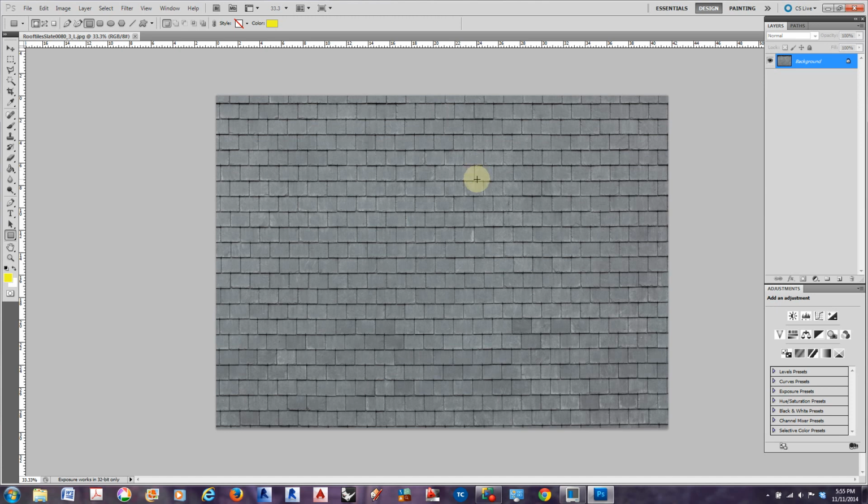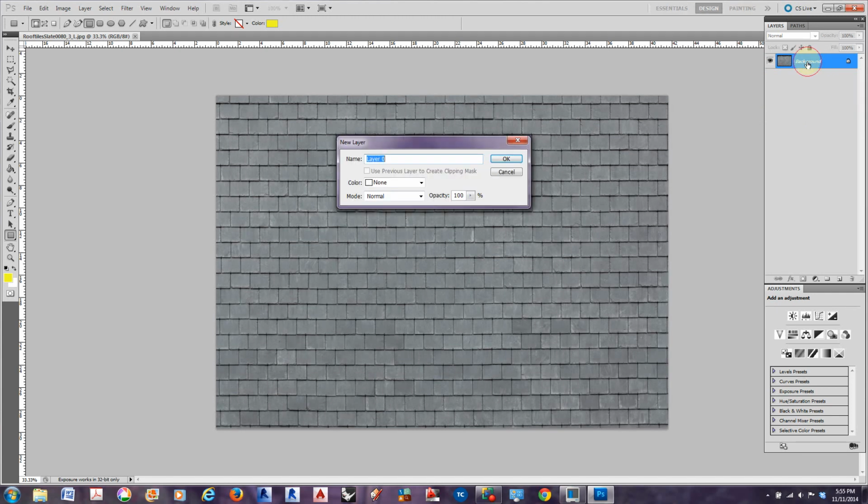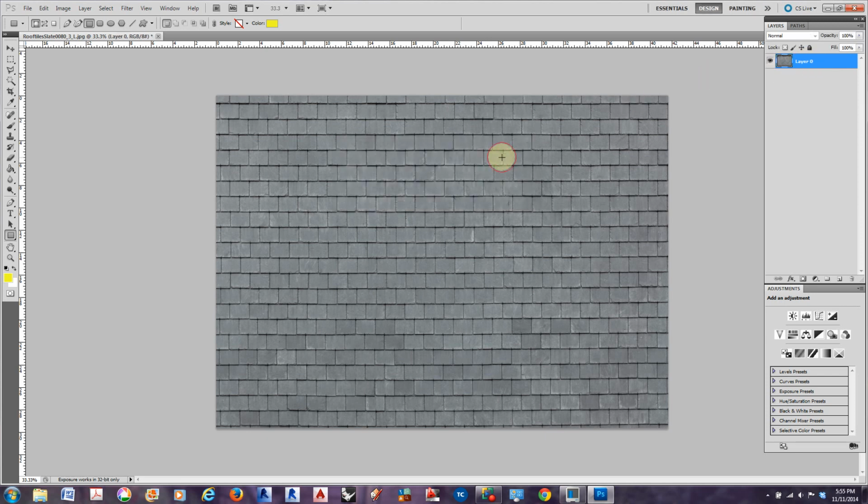At any rate, the first step is to take, if your background image is locked and it's a background, not a layer, to create a layer. So if I double click on it, click OK, it creates a layer. And you'll notice that if we look at the top of this image and the side, the left side won't necessarily match up with the right side when it tiles a bunch of times, nor will the top and the bottom. So what I'm going to do is